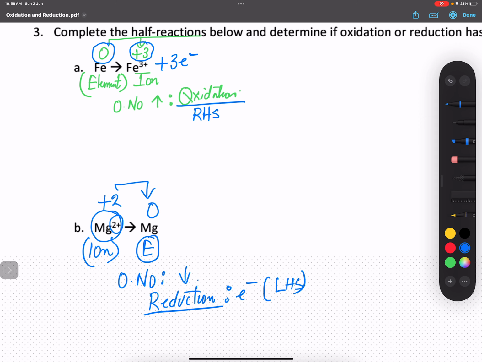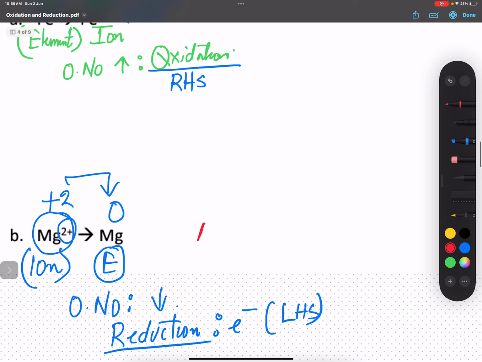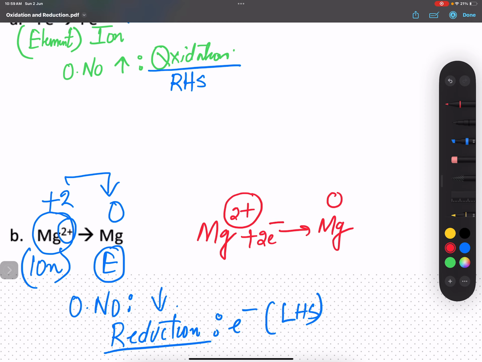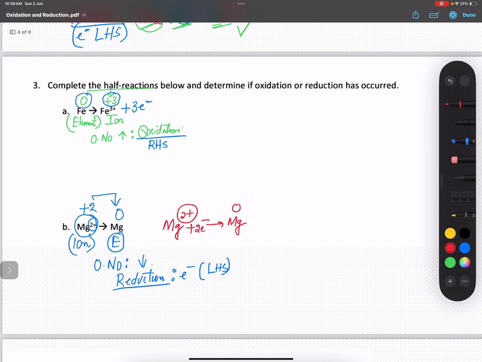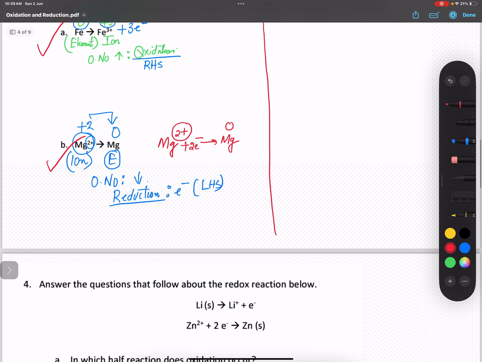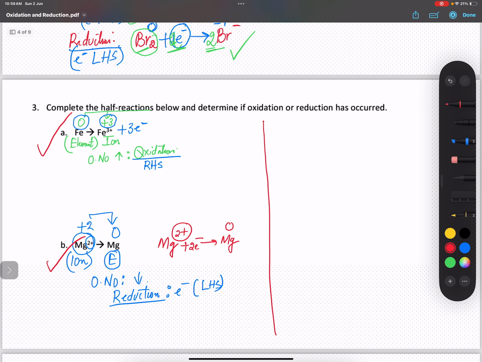So here you rewrite the equation: Mg2+ changes to Mg. How many electrons need to be added? From 2 to 0, the difference is 2, so you'll write 2 electrons. In case you have to write an overall equation using this and this, what you will do, consider the